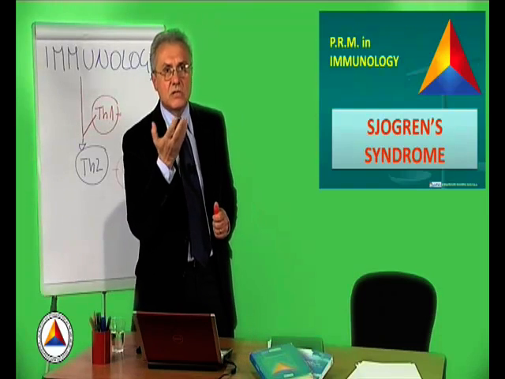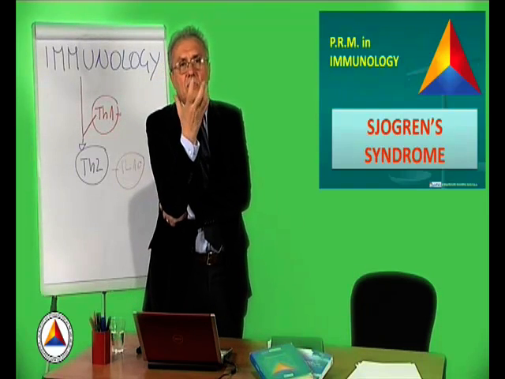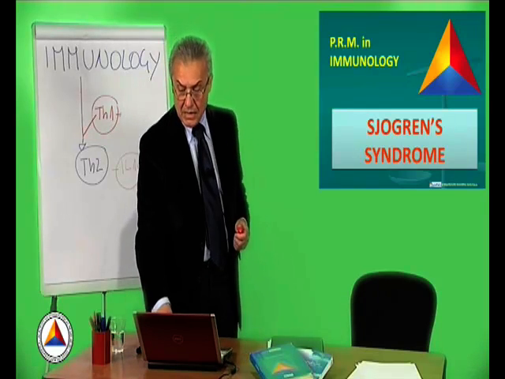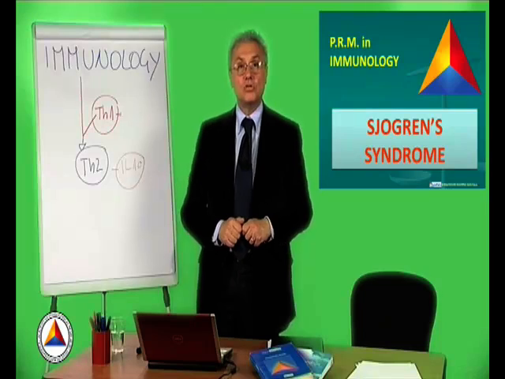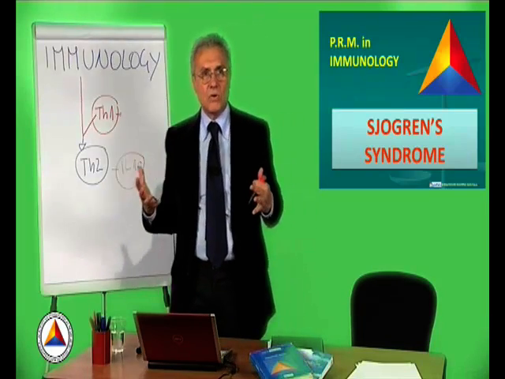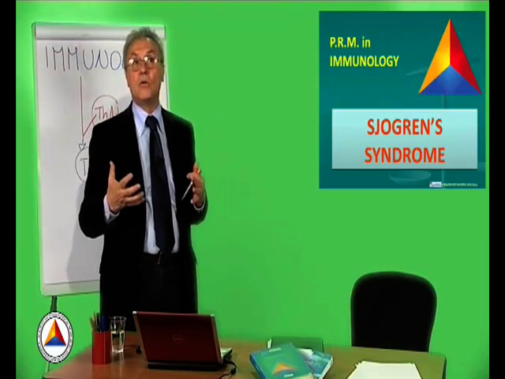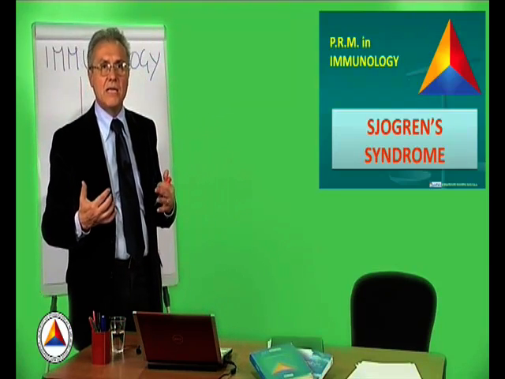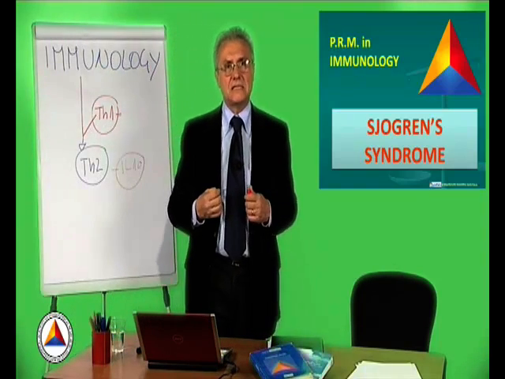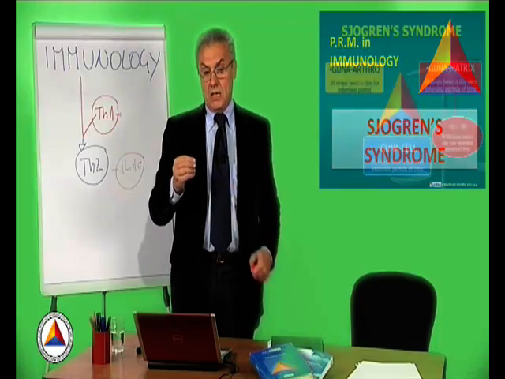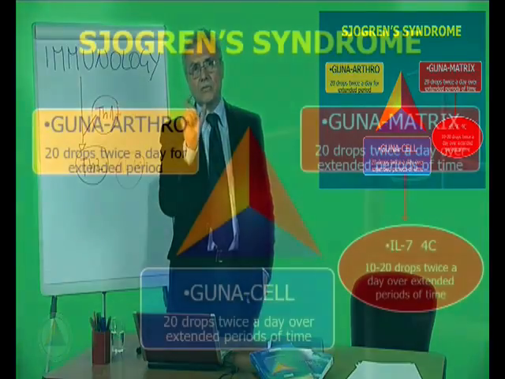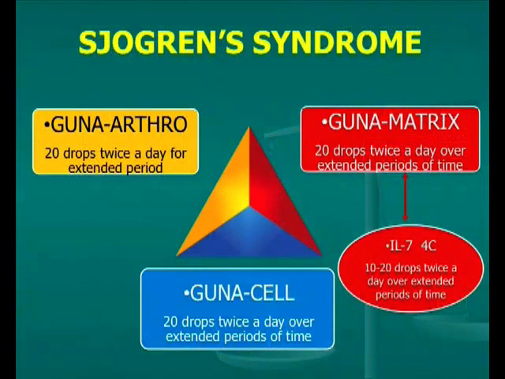Pathognomic symptom of this disease, as we said before, is dryness. During our clinical examination, we shall ask patients to show us their tongue, and we shall see an extremely dry tongue, an extremely arid mouth. As we said, we are dealing here with a type Th2 disease, and the effector of this disease is an interleukin-6, i.e., it is an overexpression of this interleukin-6 that causes the onset of this disease.